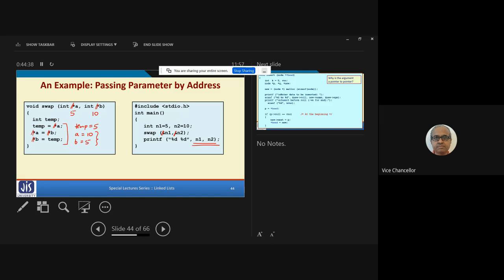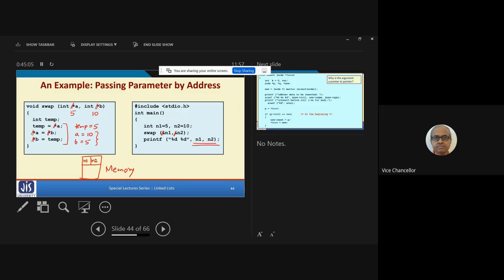Let me tell you one thing. Suppose this is my memory. In the main function, when I declare these variables n1 and n2, they will be allocated space somewhere in memory.